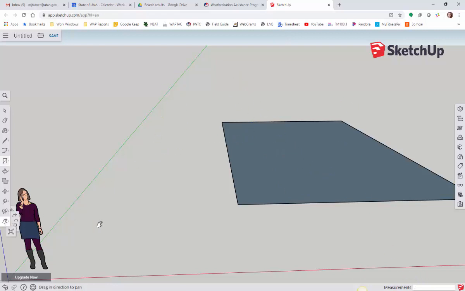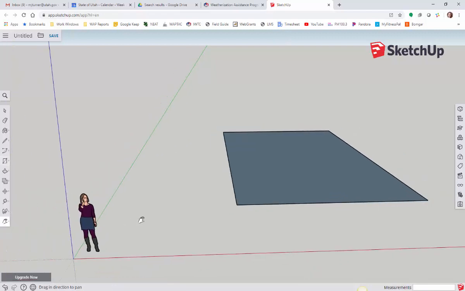Now at this point I like to change this from a 3-dimensional drawing into a 2-dimensional drawing, because I'm going to draw this so that I can hit print and have a useful 2-dimensional drawing, but I'm trying to do it in a 3-dimensional world. So first thing I like to do is get rid of the person, so I'm going to delete her, and then over here on the right hand side